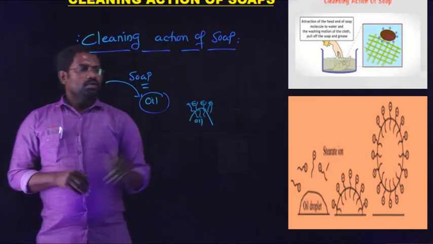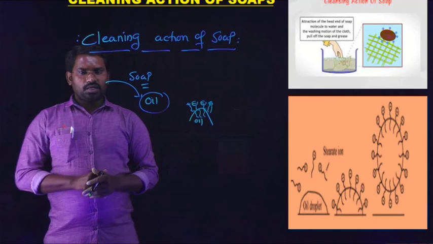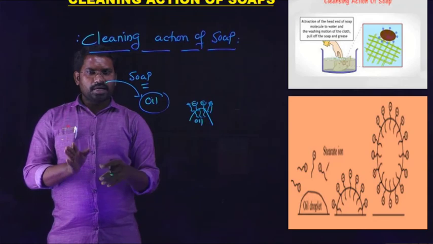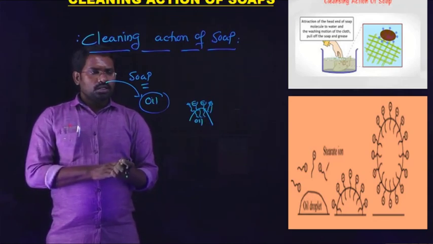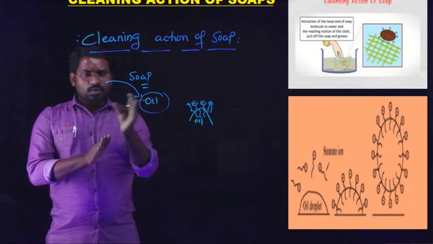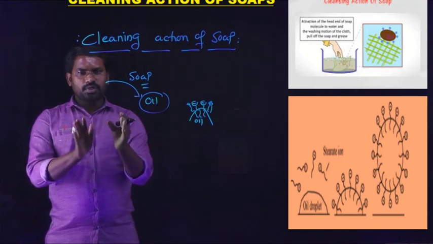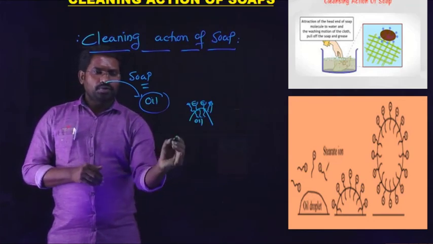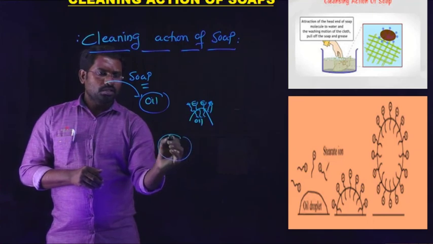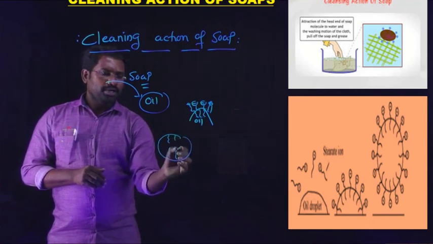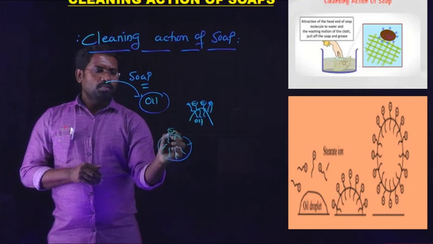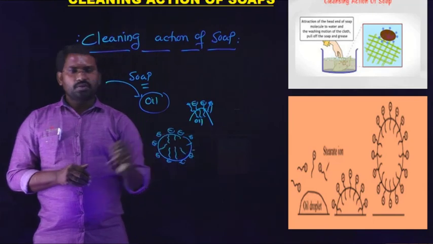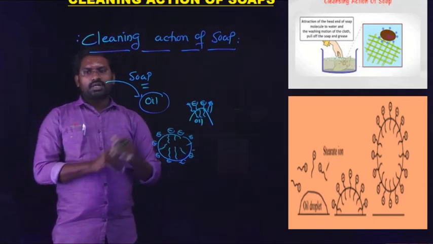And finally, when the polar group of the stearate ion interacts with water, then the oil droplets which are surrounded by stearate ions, the polar groups and hydrocarbon parts, are completely pulled into the water and finally they are aggregated in this manner. The hydrocarbon part is pointed inside of the molecule and the polar group is present outside of the molecule. Therefore, in the formation of the micelle, the cloth is completely washed.